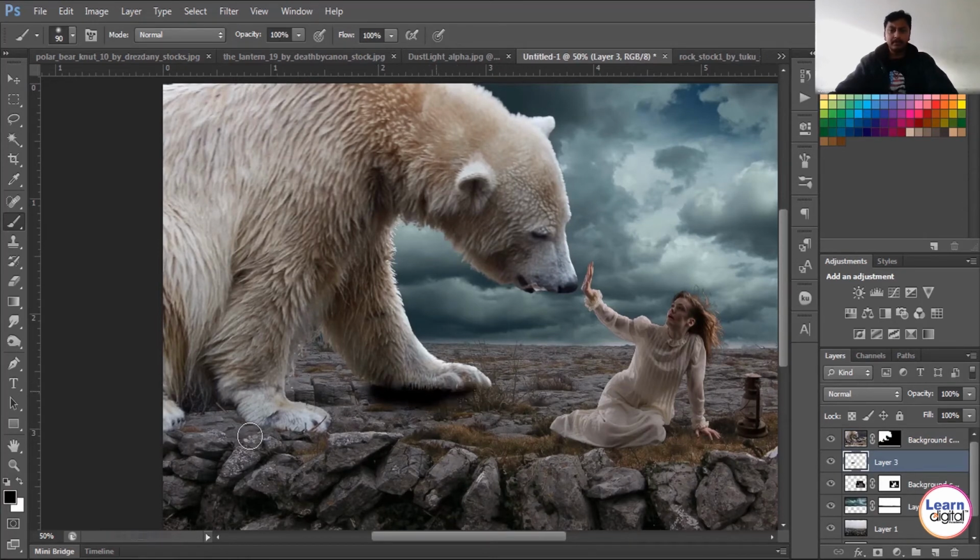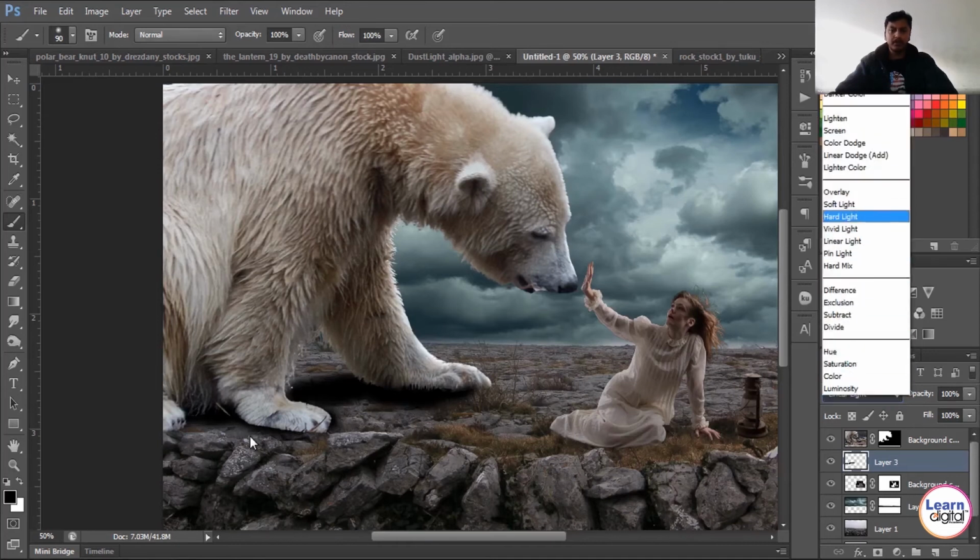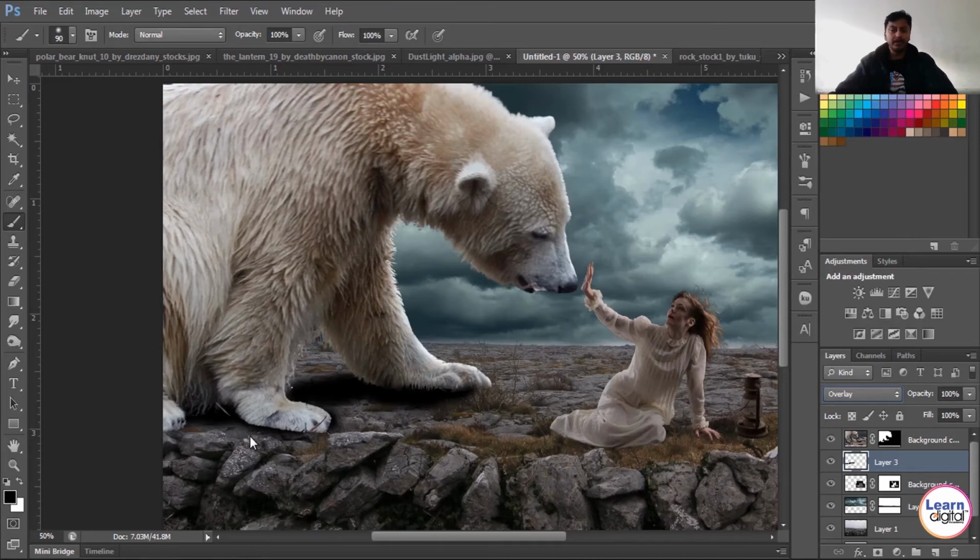So now I'm creating one empty layer and I'm adding connecting shadows. Because we are placing everything artificially, right? So if the bear is there or if any object is there, we need to place a shadow. Then I'm changing a blend mode. Maybe it will work with overlay or multiply or any other. So use whichever looks good and gives you better output. And of course, again, you need to play with opacity also. Shadows are very important whenever you are doing this kind of artwork.